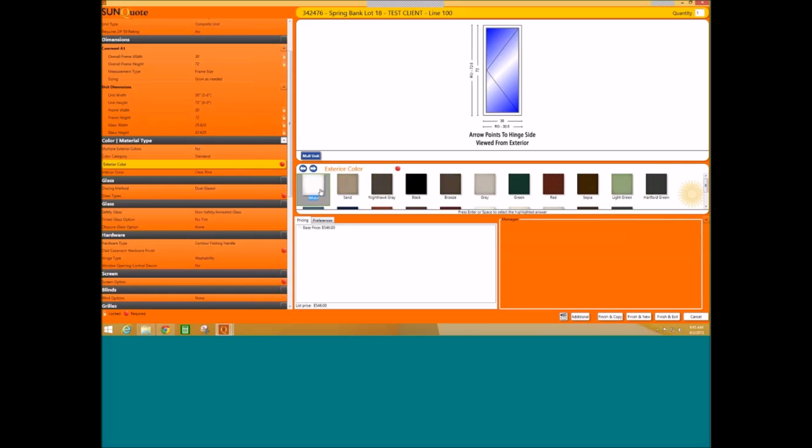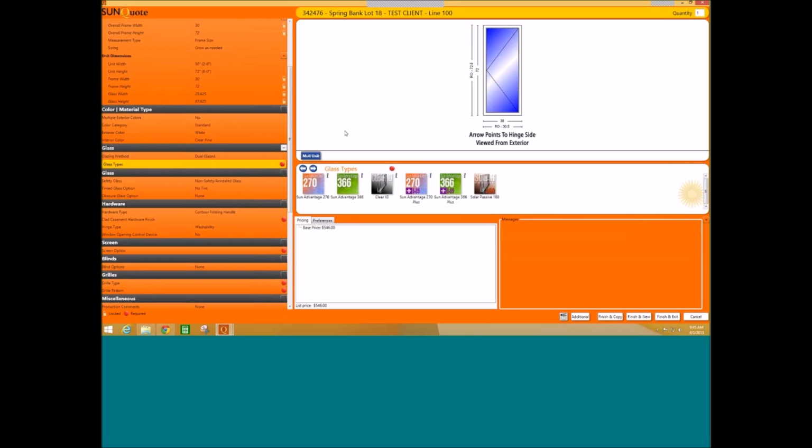Now, the old tool would have already selected white for you. Here's another situation where the old tool would have defaulted to 270 glass. The new system's not going to do that. Now, it is your first choice, and you can pick 270 glass, which I'll do here in a minute. But one of the things I want you to notice is this little eye. This is an information icon. And it's completely new to this system. We didn't have it in the old system. But what it does is if you click on that button,